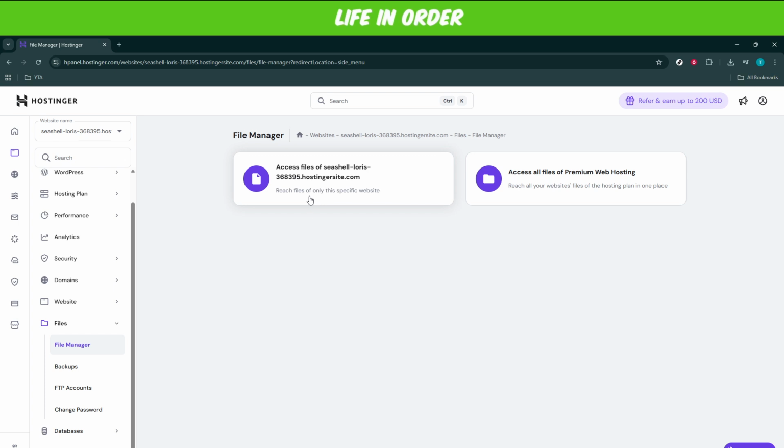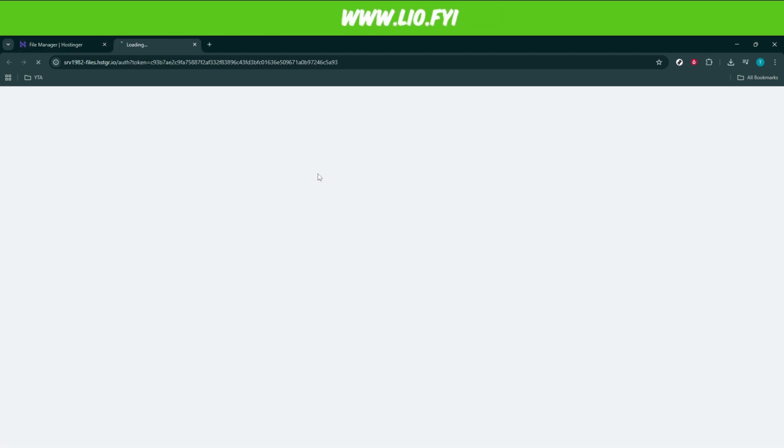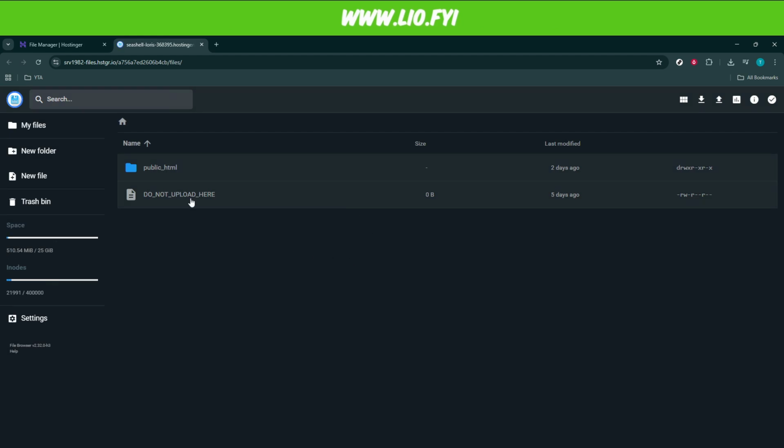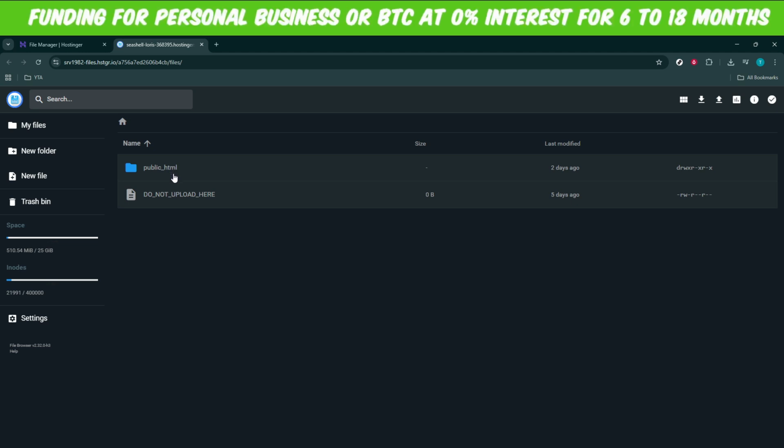Now that you're inside the File Manager, you'll see various files and directories for each of your hosted websites. It's important to locate and select the option to reach files of only this specific website. Each website is typically a separate folder within the File Manager, and selecting this ensures you're working in the right place. Once you've isolated the files for the particular website you're looking to deploy, locate and click on the public